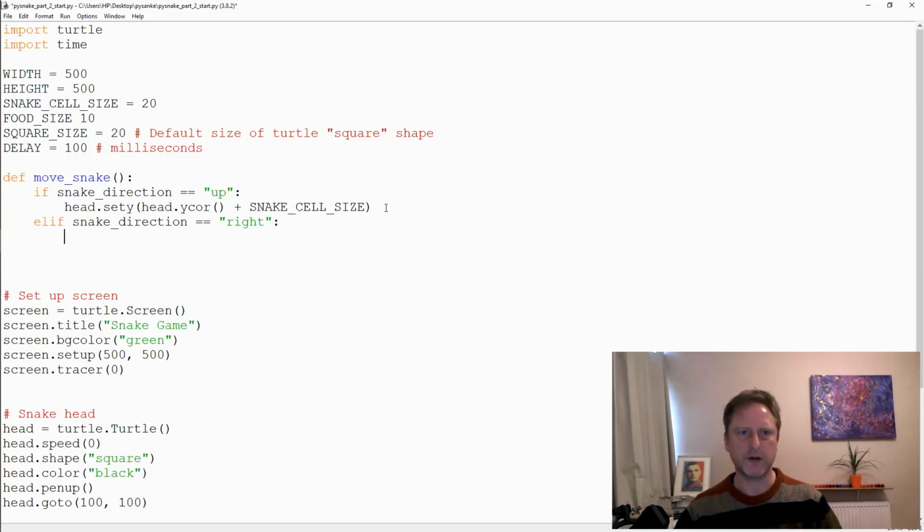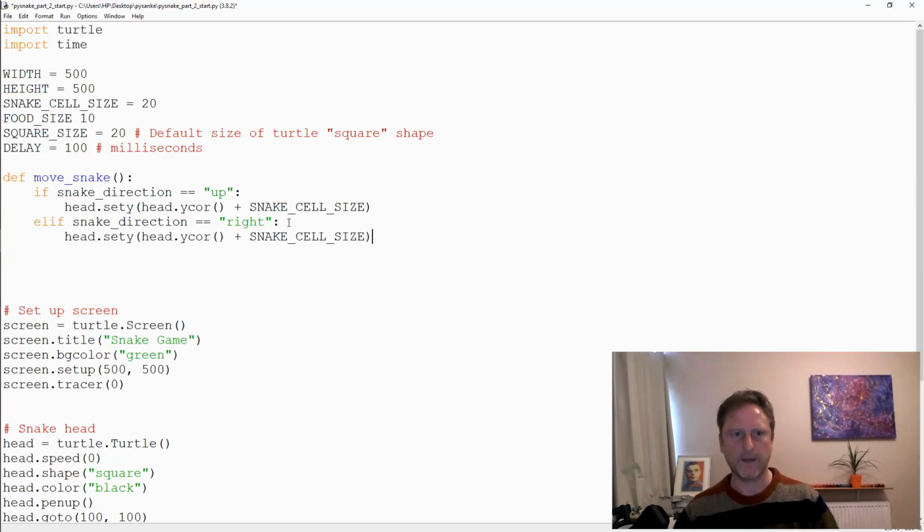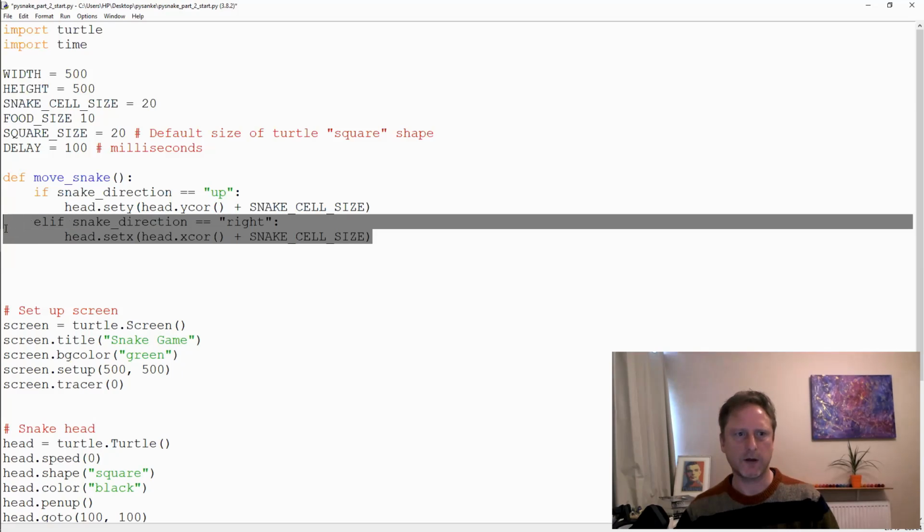Well, we're going to basically copy this. Except that if you think about it, we don't want to change the y coordinate, we want to change the x coordinate to the current x coordinate. And we're going right, so we do in fact want to add. That's fine. And then let's copy this line,